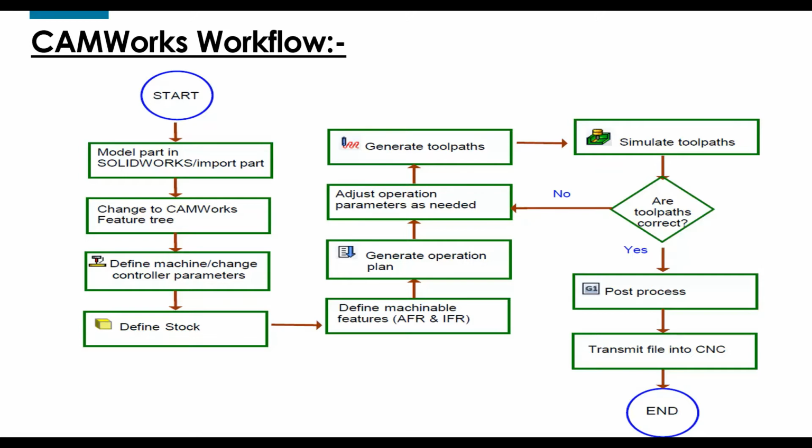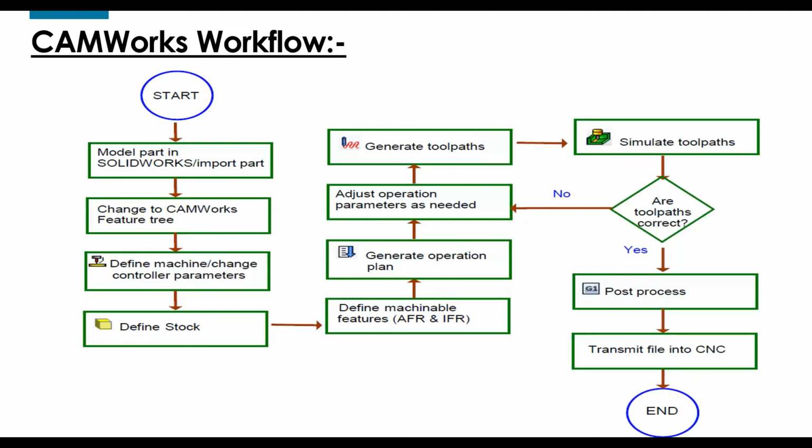After doing that, you generate the toolpaths. You can adjust the operation parameters, right? After generating the toolpath, you can verify it and simulate it in the design stage only, or in the programming stage only. After verification, if you think there are some portions where material is left out or the tool selection is not appropriate, again you can go and adjust the operation parameters. Again you can generate the toolpath and again you can simulate it.